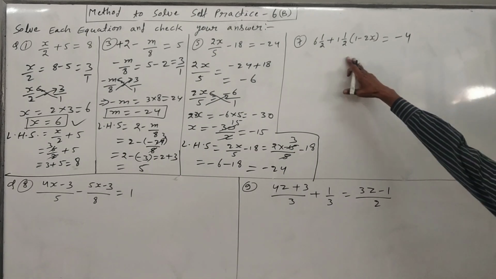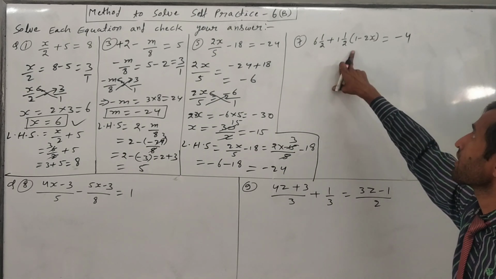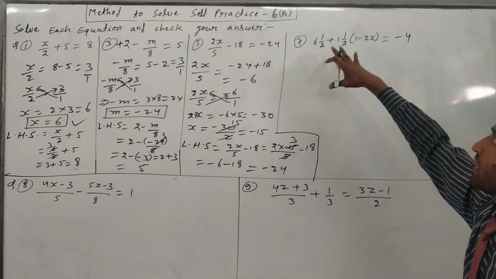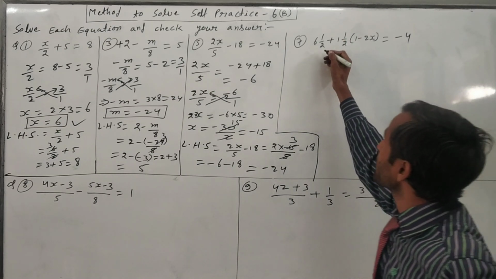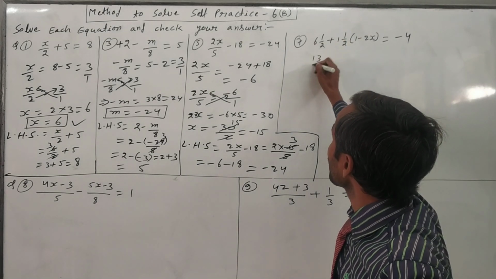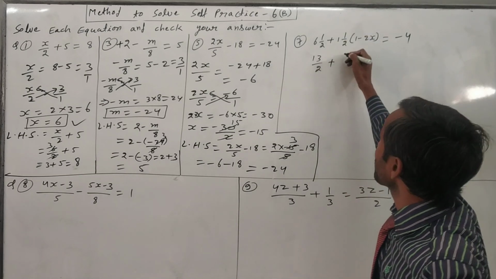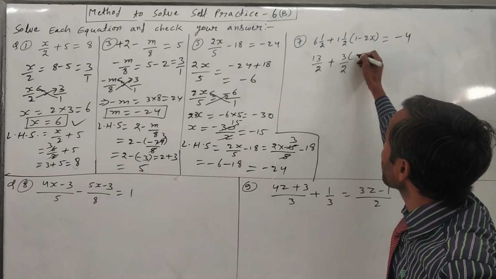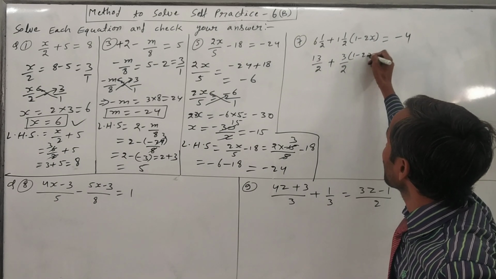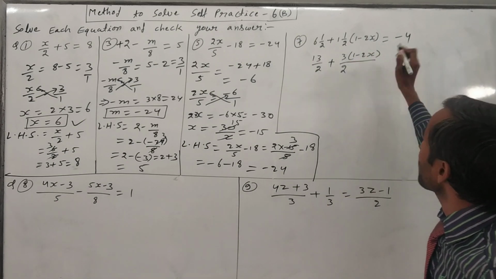So here, rational number mixed fraction means a fraction is given. First of all, remove this mixed fraction and then solve. Okay, so 6 times 2 is 12 plus 1, 13 upon 2 will come. And here also 2 plus 1, 3 upon 2 will come. And here a small bracket, the upper part only will multiply, 1 minus 2x, upon whole is equal to